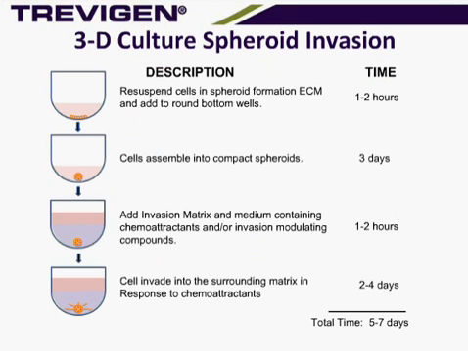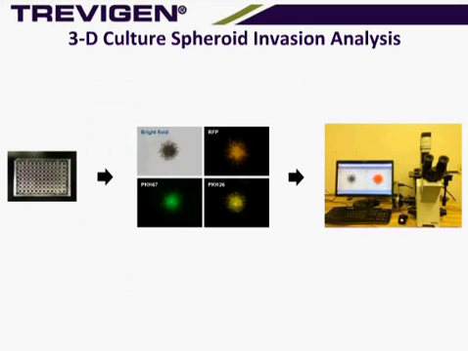And as we see here, just another timeline with a kind of a summary of the assay. We have 3 days for spheroid formation, and then 2 to 4 days for spheroid invasion, giving a total assay time of 5 to 7 days. And then for analysis,